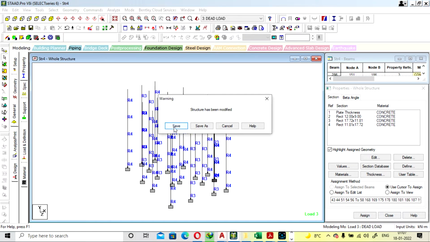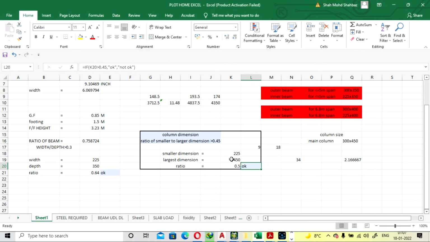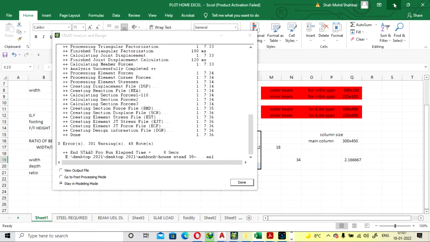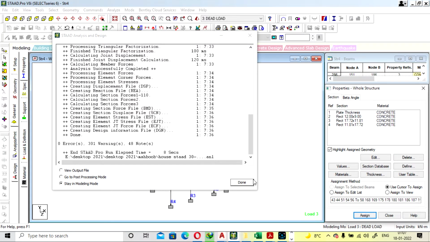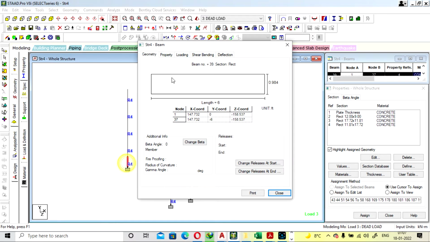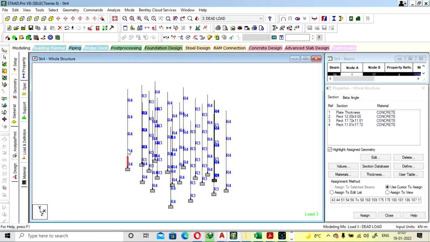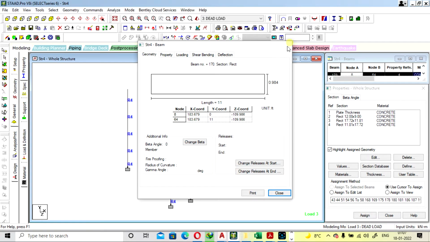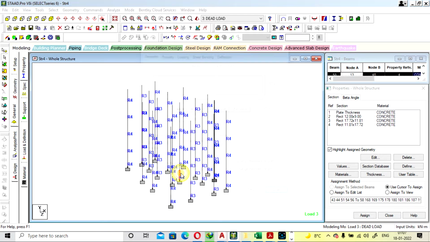Analyze, analyze, save. We are going with 300 by 450, that is 12 inch by 18 inch. Our ratio will be okay. And done. Again check. It was still not passing. Deflection will be more.